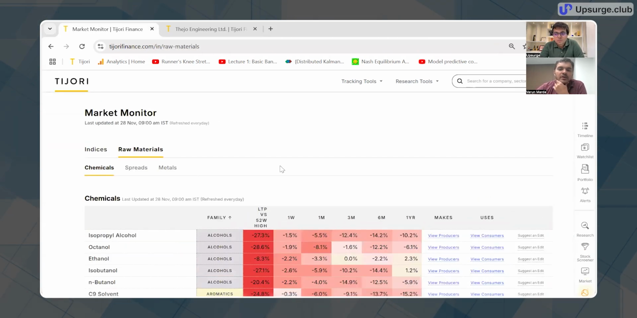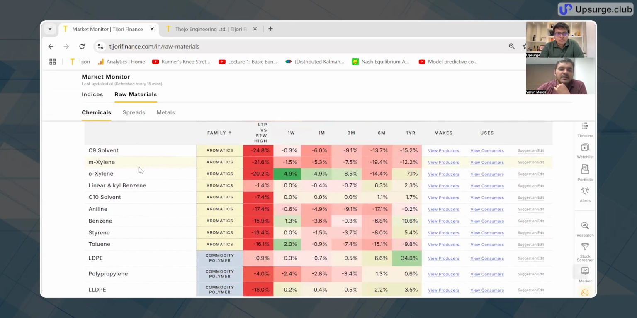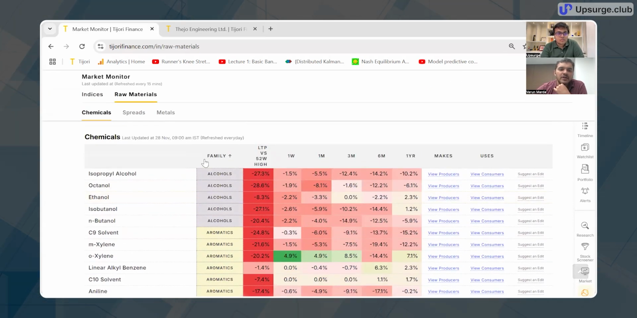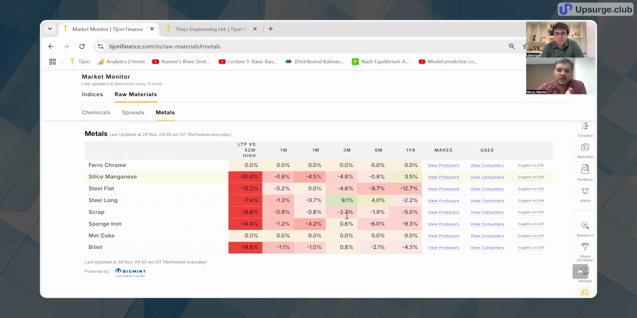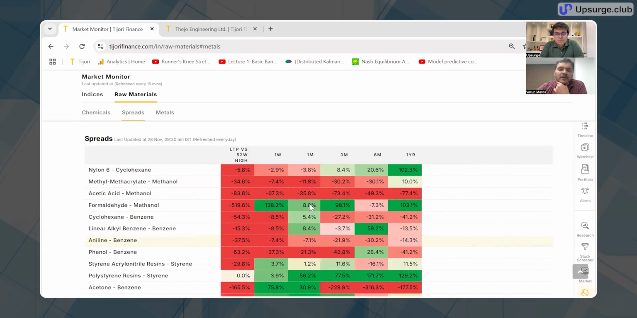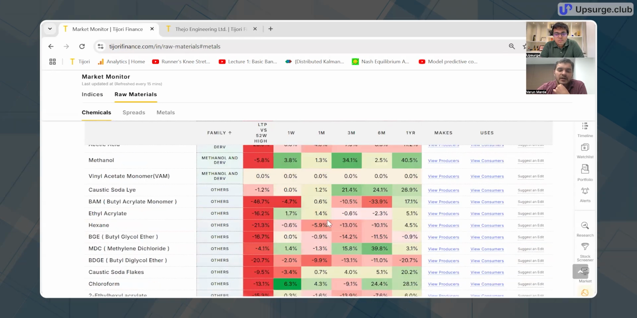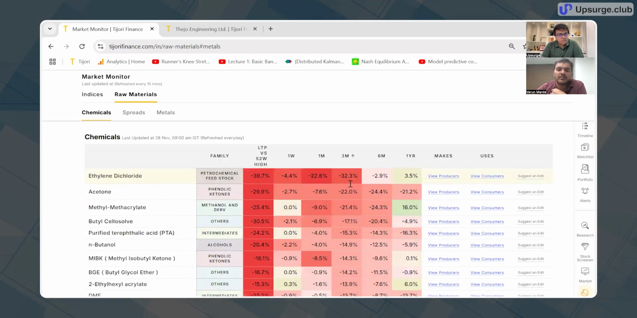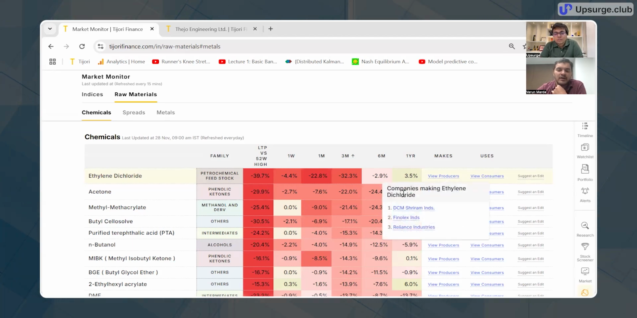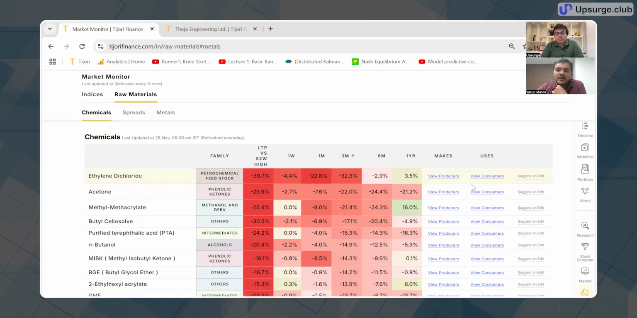Sure. So I'll just show the raw material feature now. This is very simple. It's a list of chemical and metal raw materials and the price movement over the last 1 month, 3 month, whatever. But what we have done is now say again, take 3 months, ethyl dichloride price has crashed. So who will benefit are the people who buy it, and who will do badly are the people who make it. So in one click you can see these are the companies that make ethyl dichloride, and these